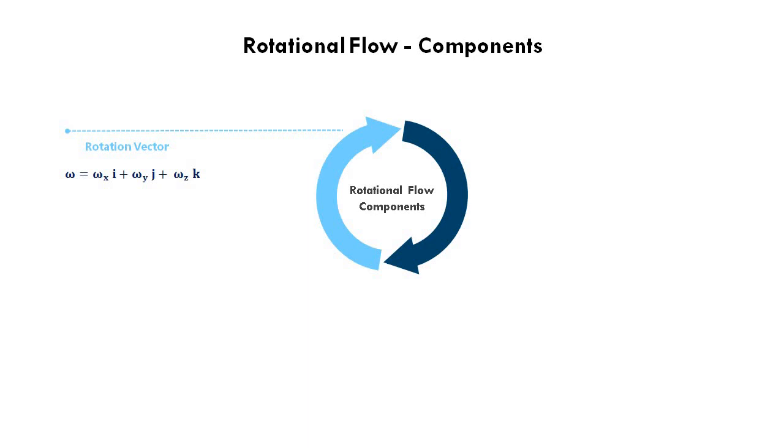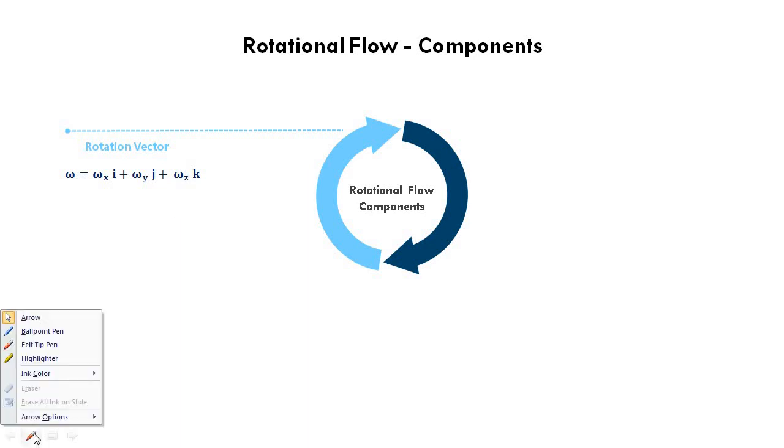Then how do we represent this rotational flow, or what are the characteristics of the rotational flow? If you take a linear movement of fluid particles in a linear direction, we say that it has a linear velocity, both in terms of magnitude and direction. Similarly for the rotational flow, there is rotation of the fluid particle about its mass center, so definitely it will have an angular velocity. We have already hinted at this in one of the video lectures. How do we represent this angular velocity vector?